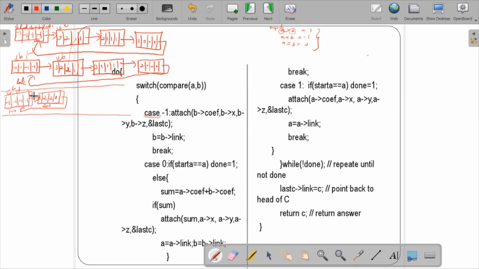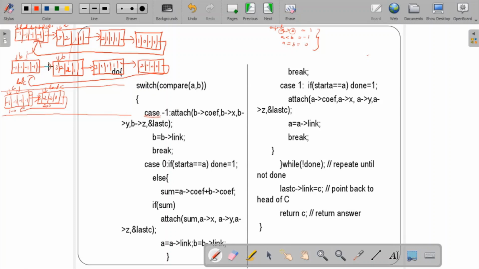I'm going to put last C, and then what I need to do, this is temp, right? So temp is equal to last C means last C will be updated over here. Instead of star PTR in the attach, here we are going to pass the last C. So this is how last C is getting updated. Just attach and last C will be over here. So this is how I did the attach function.